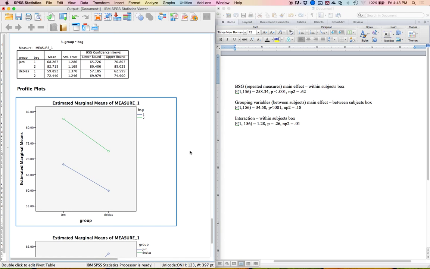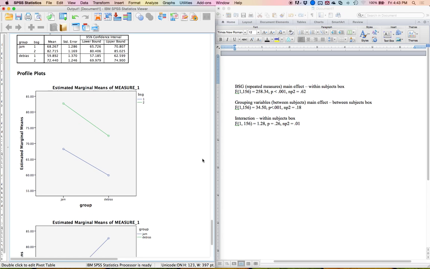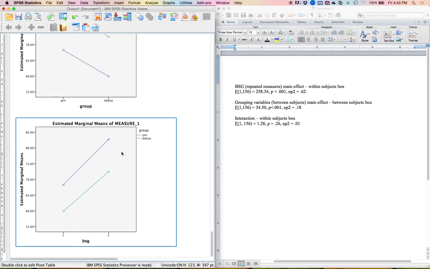And then this is a really great picture to show you how interactions look, or don't look, rather. These are almost perfectly parallel lines, which means there's no interaction. But here is how I might analyze it. I could look at